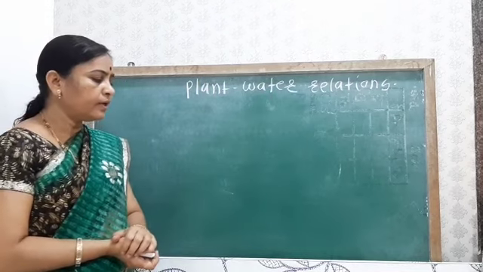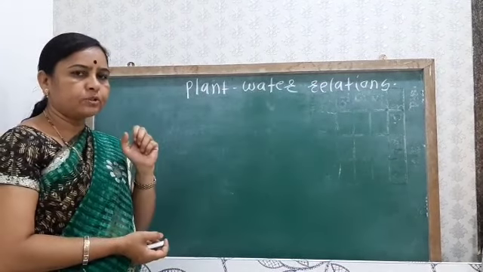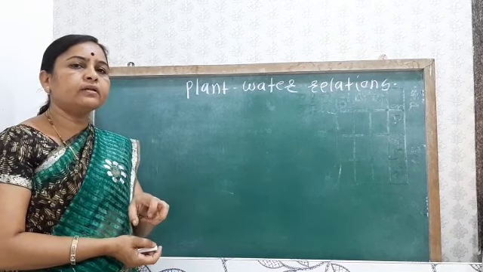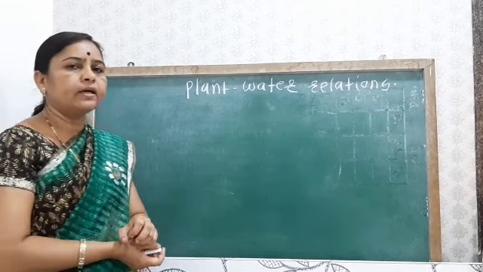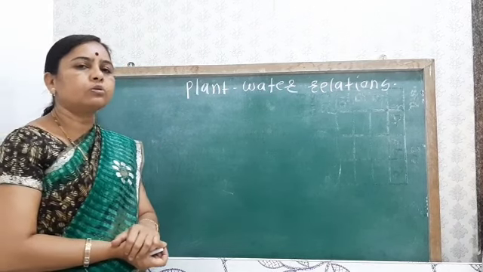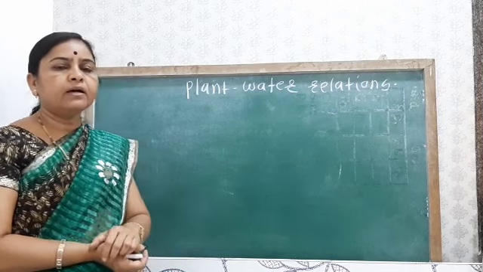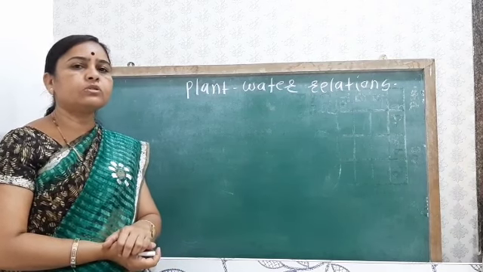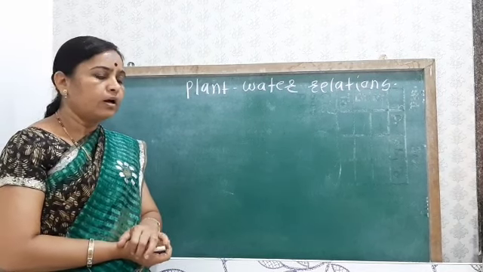The water present inside the soil is mainly absorbed by the root. Not only water, but also some nutrients present inside the soil are absorbed by the plants. These are helpful to the plant. If water is not available to the plant, it affects the productivity of the plant. Water is the most essential for the growth of the plant and other activities.